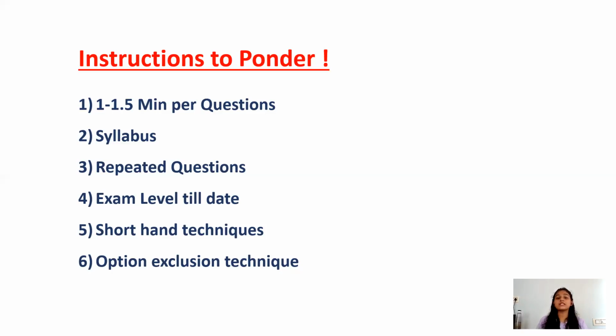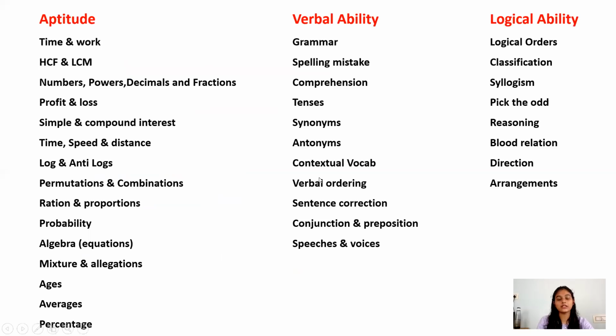At times this will help you a lot. There are so many students who just survive on this simple technique, trust me. If you have that presence of mind and that logical working, by reading the question itself you will understand what the range of the answer will be. And if that range of answer is available in the options, you will guess it correctly. So that is very important. These 6 points I have explained, I think I have explained well. If you got to know these 6 points and have them in mind, then you have completed the examination, I would say, because these are the important things, and without them nothing can go.